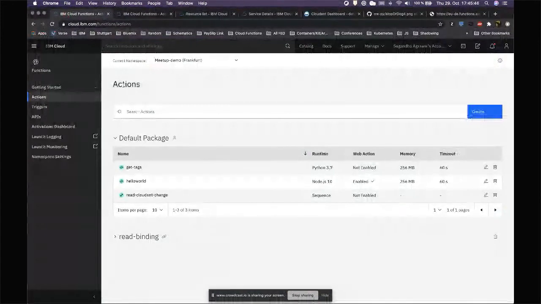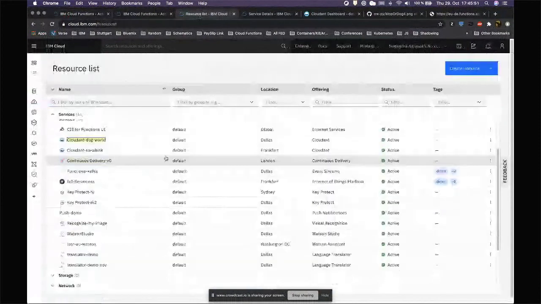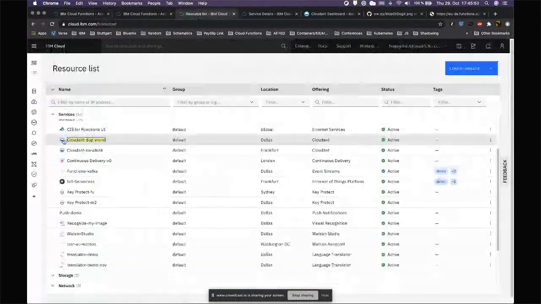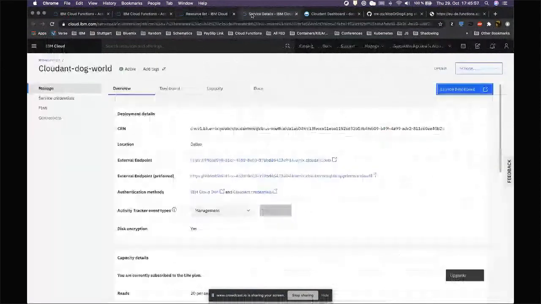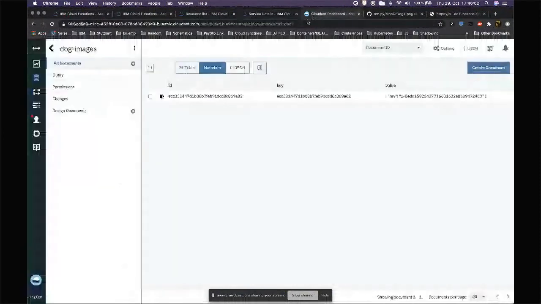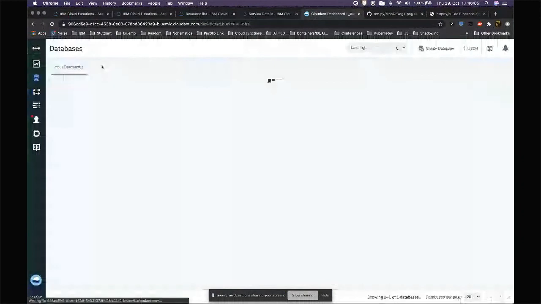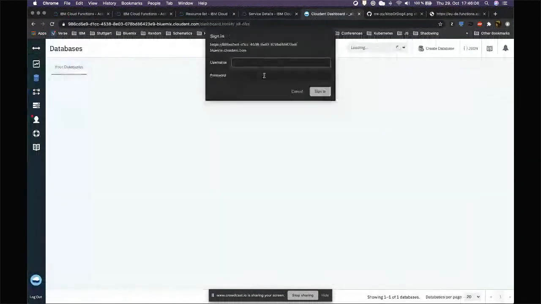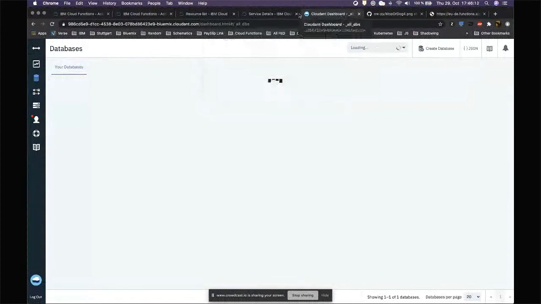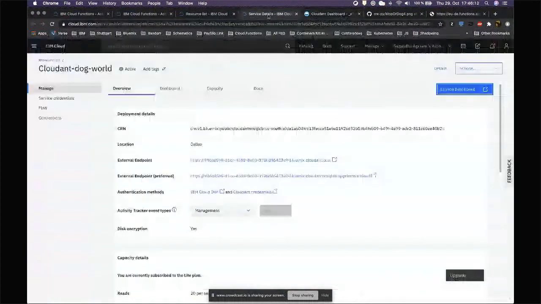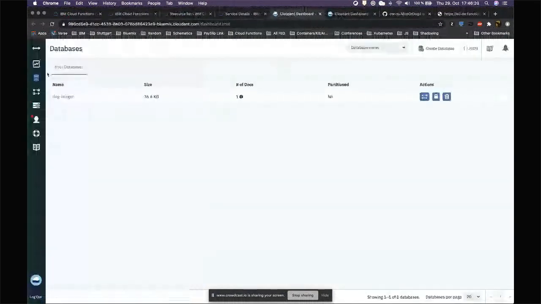All right, so like I told you, we have certain actions created in here. Before that, I just wanted to show you that I have a Cloud instance which I call Cloud Dog World. And when you go inside that particular instance, you can launch your Cloud database. Here it is. There's a database called Dog World,